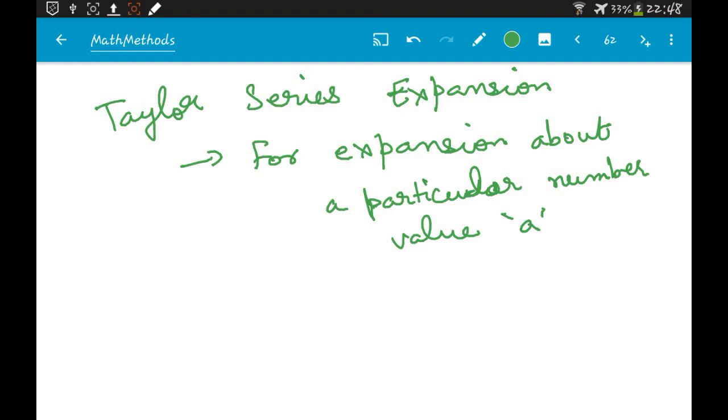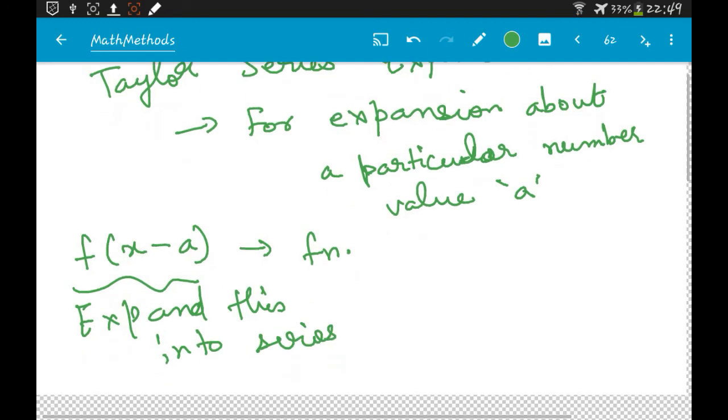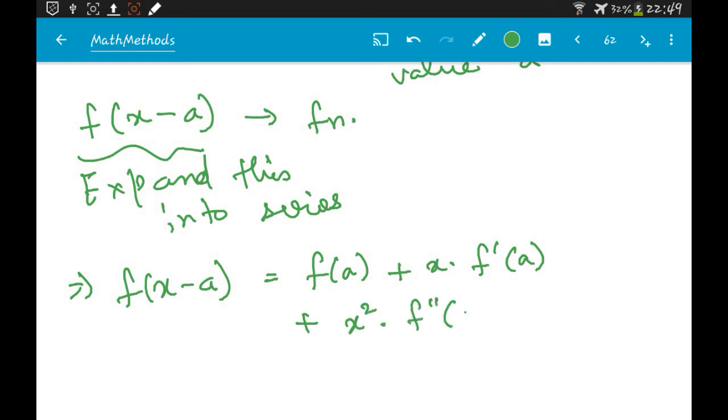So if you want to expand f of x minus a, so f of x minus a is your function, and you want to expand this into series. So basically what you will do is f of x minus a is nothing but f of a plus x into f dash of a plus x square by 2 factorial into f double dash of a, plus x cube by